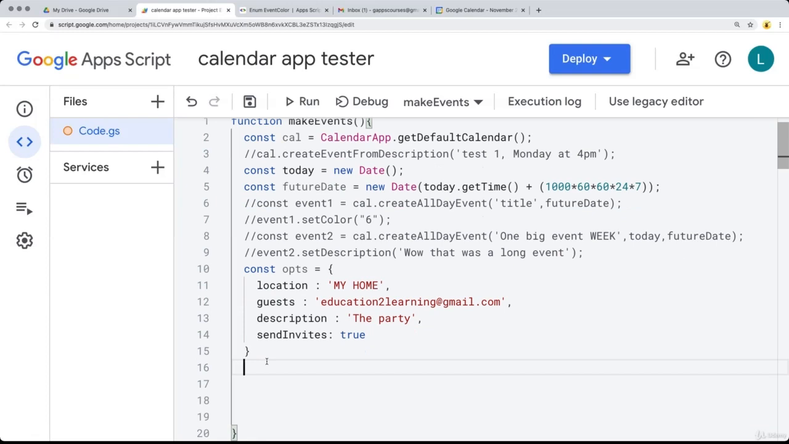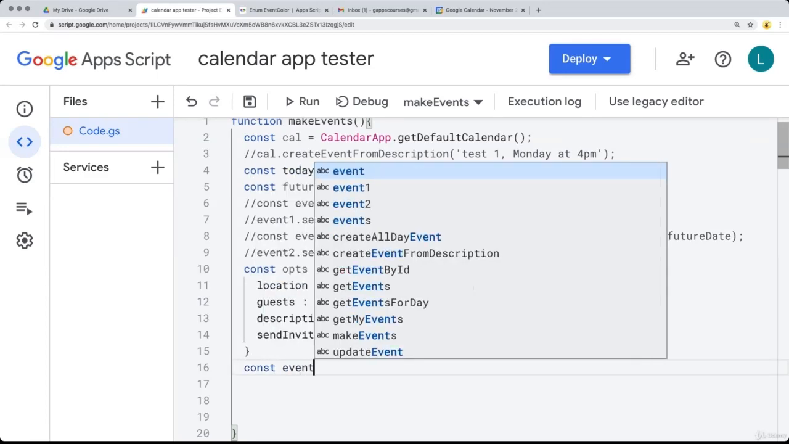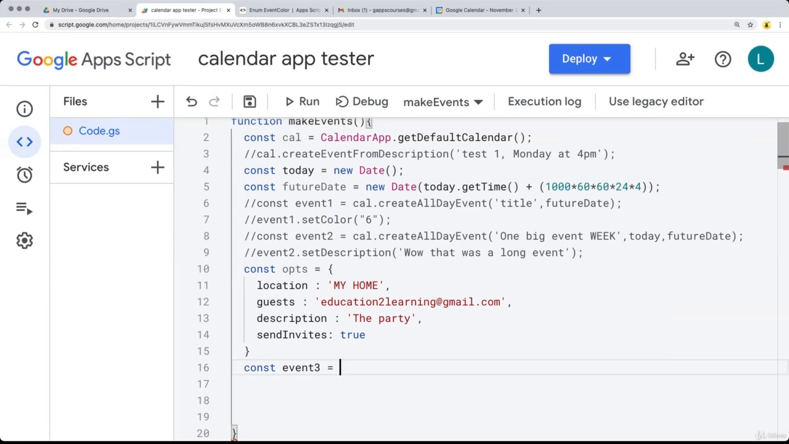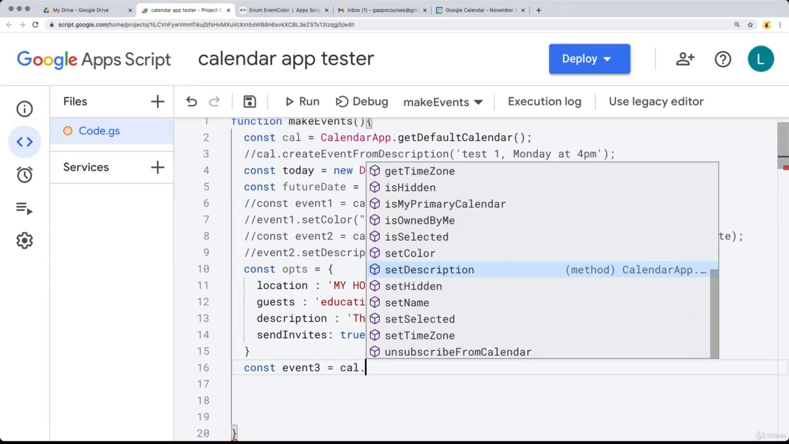So now that we've got the options, and as you can see, these options correspond with what we can set. So here we're setting description, and here we're doing it all as kind of one chunk within the options. So whatever is easier, and I'm also going to just use the same dates. So how about we set it 4 days from now, and let's create our event. So we'll call it event 3, and use the calendar,